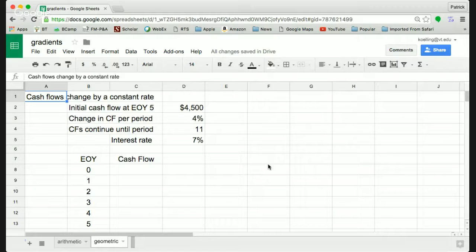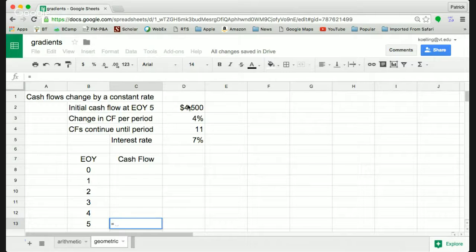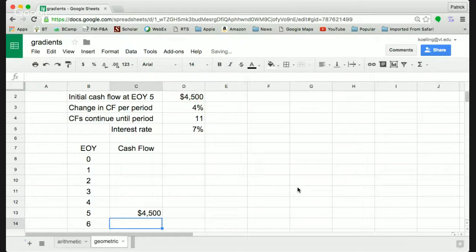And geometric gradients are essentially the same as arithmetic gradients, but instead of changing by a constant amount each period, it changes by a constant rate. So now we're going to increase by 4% instead of by the $200. So here we go. We begin at the end of year 5, just like the previous example, equal $4,500 for year 5. In year 6, it's going to be equal to the previous year's times 1 plus